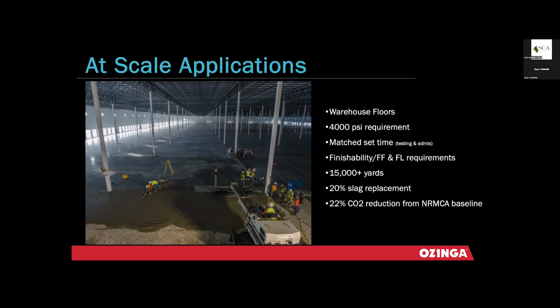So again, just to reiterate, I think the most important piece to a lot of these carbon reduction movements in any application, any project, is getting involved early on before the specs are baked. I mean, if the contractors are coming to you and saying, hey, I need you to bid this project, here's the specs, it's almost too late, right? It's difficult to go back and look at some of these things,